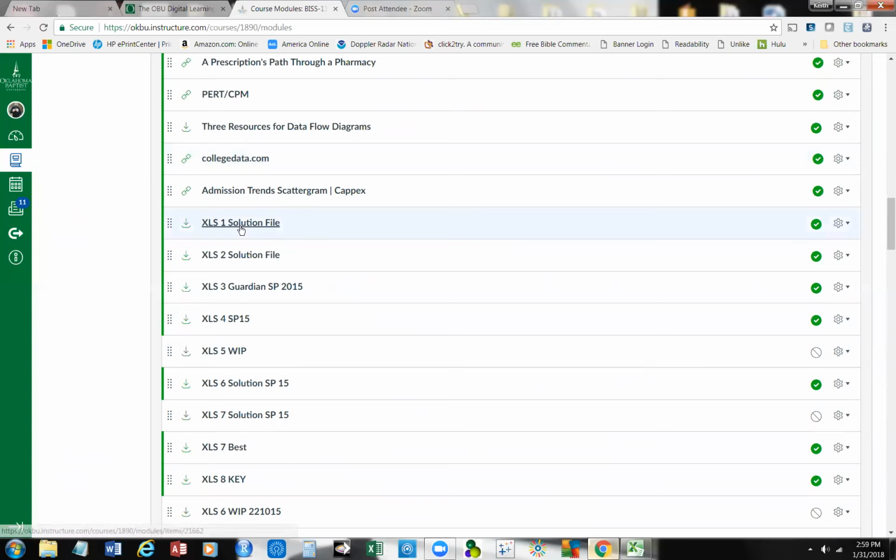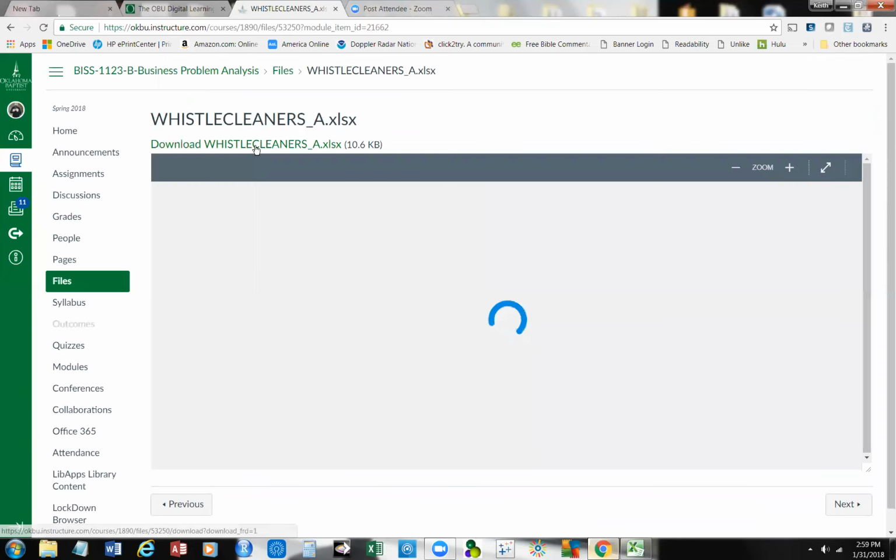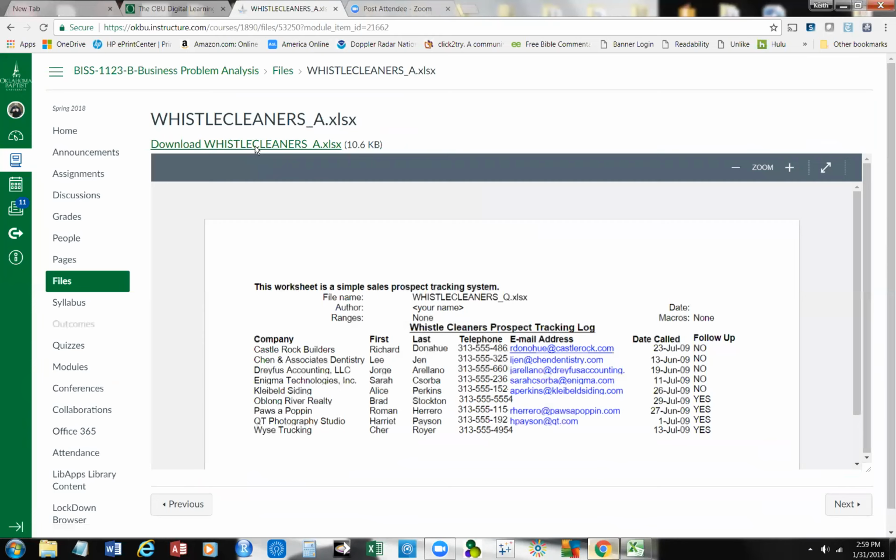There you go. There's an XLS 1 solution file. You could upload it for XLS 1. There's an XLS 2 solution file. Feel free to use those. I'll try to upload these 2 that I have, but I'm not having much success. It may be traffic. I'm not sure. Here's a solution file, and you'll need to download it and then upload it over there. It's basically the same thing we've got over there. I just did some embellishments, okay? Not that big of a deal,